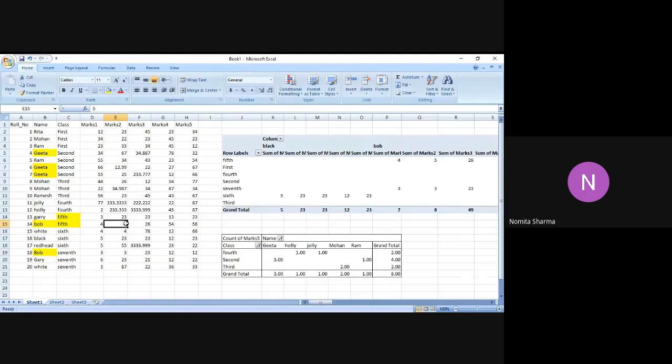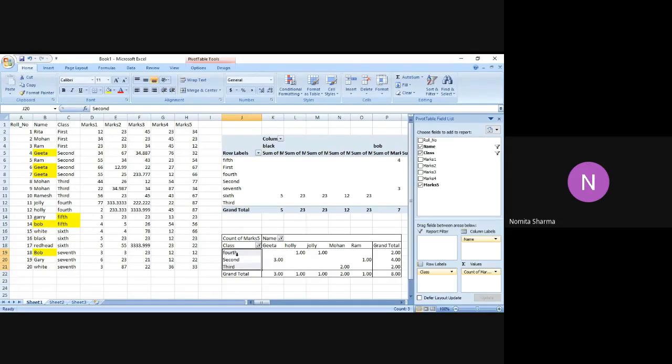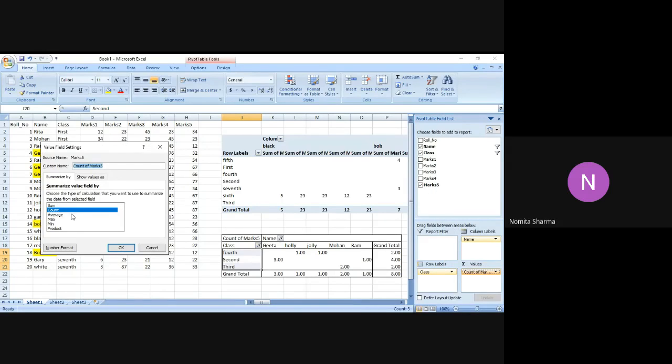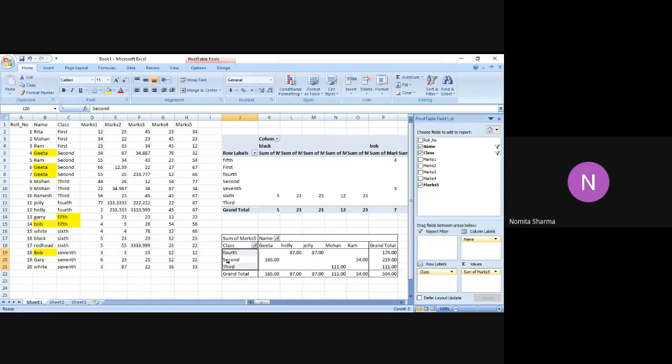I want to tell one more thing in this concept. When we were working on the pivot table, we could see that the changes are happening. I just want to go back to my old sum option. So if I just select the sum option, this will give me the sum of the values over here. So now, over here I can very easily see that since the table is over here, I can actually check student wise, class wise, what is the sum of the marks that they're getting.